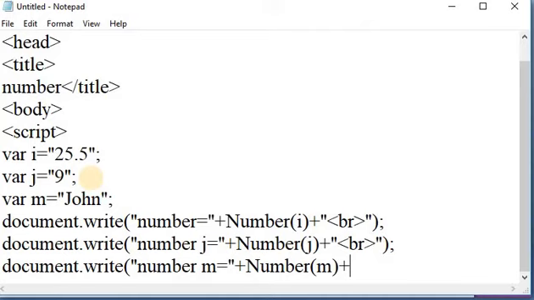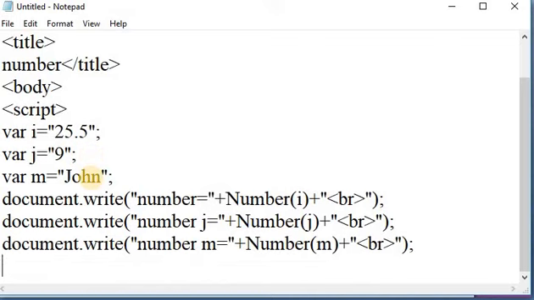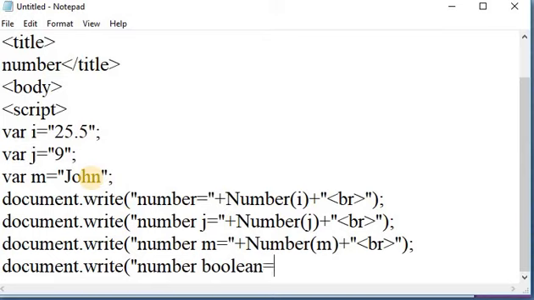Again, here I am taking a break tag and here I am displaying the boolean value on a web page. Here I am passing "number boolean equal to" plus Number, and here in a string I am passing false.